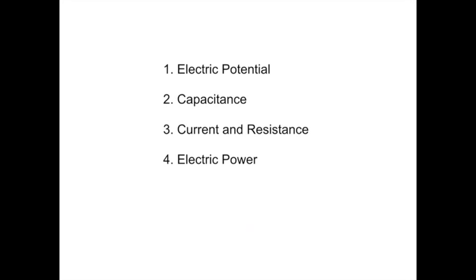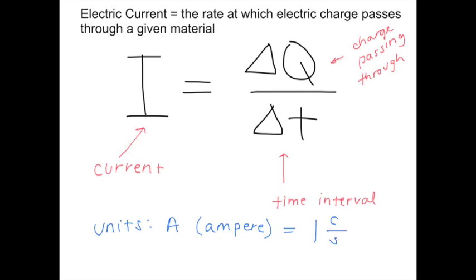So I've already discussed electric potential and capacitance as part of Chapter 17. In this segment, I'll move on to look at current and resistance. We've learned about electric charge previously, but this charge is most useful when we can control its movement through a material. So for this we use electric current, which is defined as the rate at which electric charge passes through